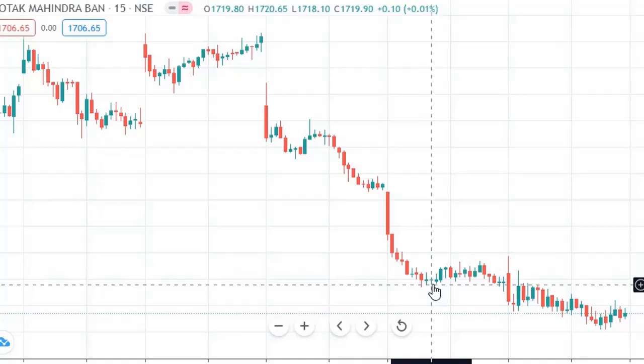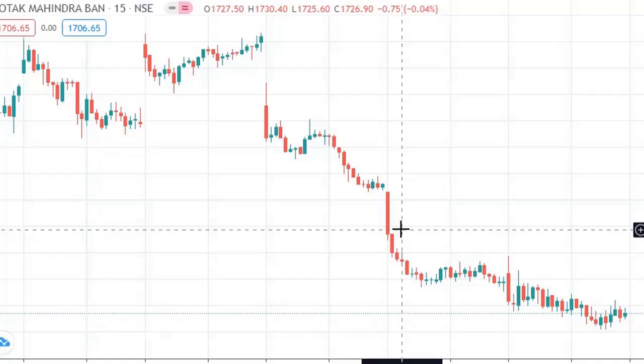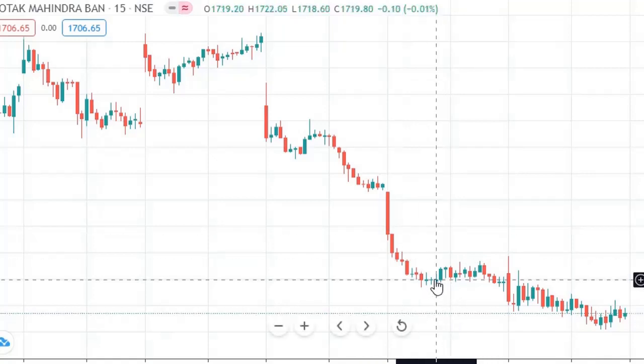Also very important, when in the 15-minute chart it is going down, in hourly it should also have a follow through, like hourly candle completed, the next follow through also should come, otherwise you will see this slice.